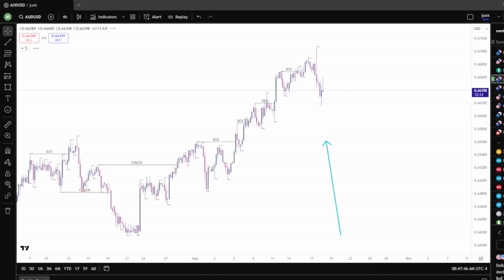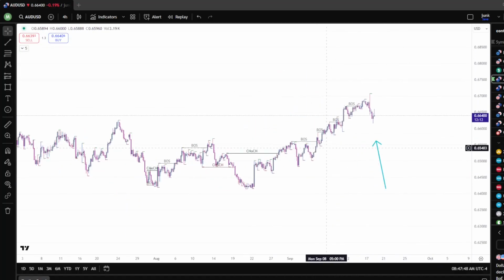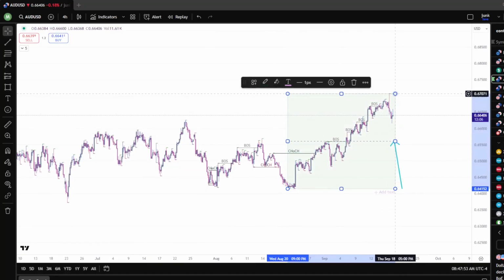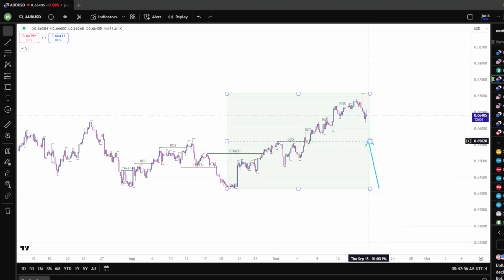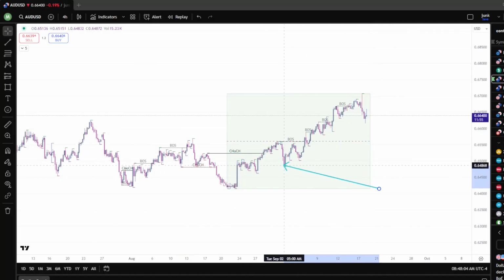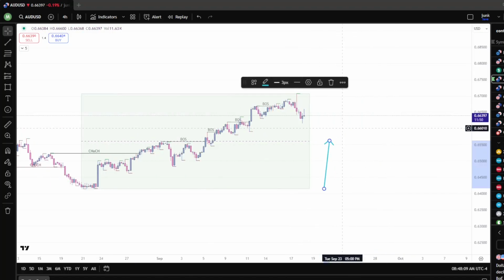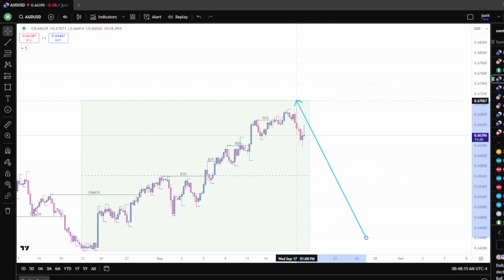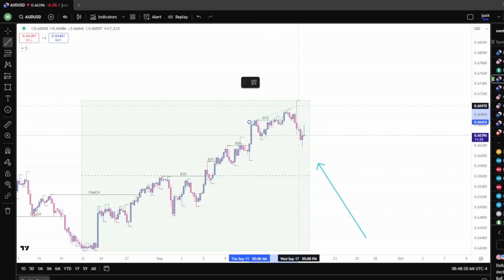So AUD USD, let's go map out the current range. And on this 4-hour chart, of course, we've been saying it has bullish swing structure, as buyers are taking out the previous high, making higher highs, higher lows, higher highs, higher lows, higher highs. And right now, with that FOMC, it also wicked, just like the other US dollar pairs, and then came back down. And as you can see, it is making an expanding triangle